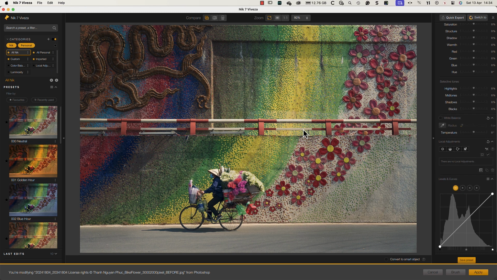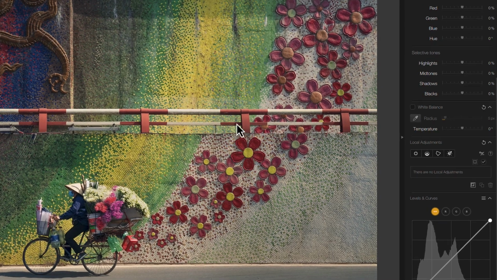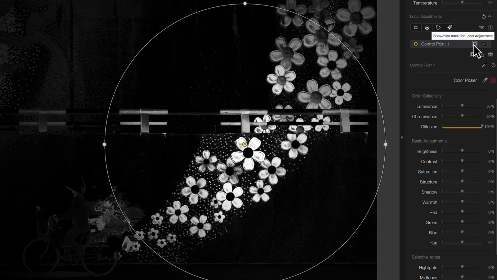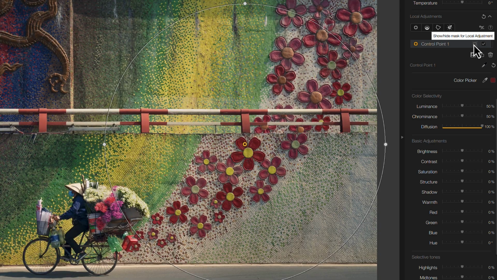It's probably easiest to understand by adding a control point to this image and using it to select the red flower on the wall. After adding a control point, I'll position its centre on one of the red petals. To see what's being selected, we can toggle on the mask view by clicking the icon in the local adjustments list. This shows the area of the image being selected in white so that we know that any adjustments will